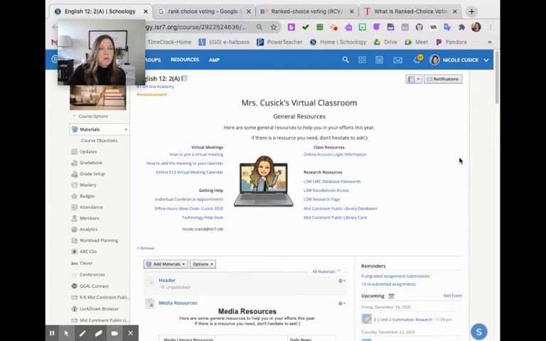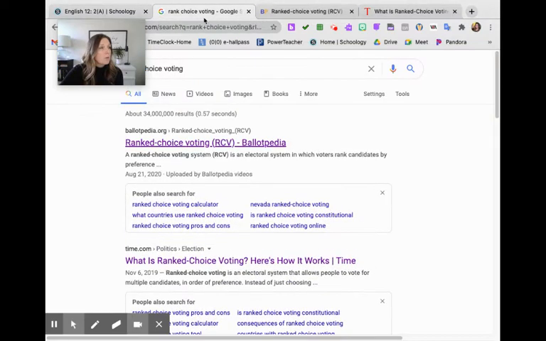I started off by thinking, okay, for this project, we can use the databases and go through those, but we also need to see what's just live on the web because we're really looking at what makes people think one way or another about a topic and how the media pushes that. So we really do need to be using Google, which is not normal for a research paper, but that's what we're researching. So what I started with was ranked choice voting, and I just typed it in, and the first